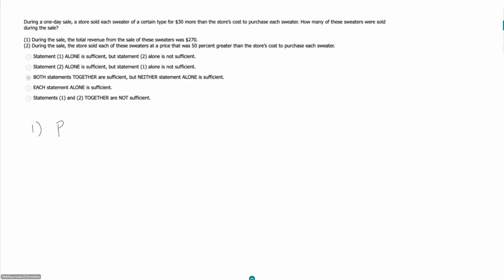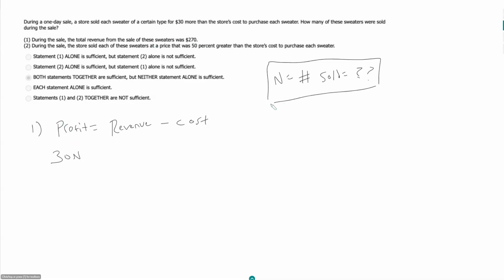So we know profit is equal to revenue minus cost. And our total profit will be $30 per sweater, so 30 times the number of sweaters sold, 30N, where we'll say N is our number of sweaters sold, which is also what we're solving for. And so our revenue, they tell us, is 270